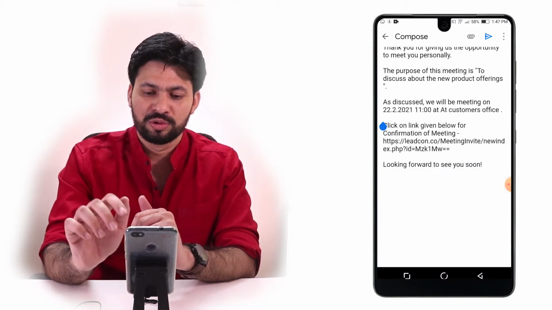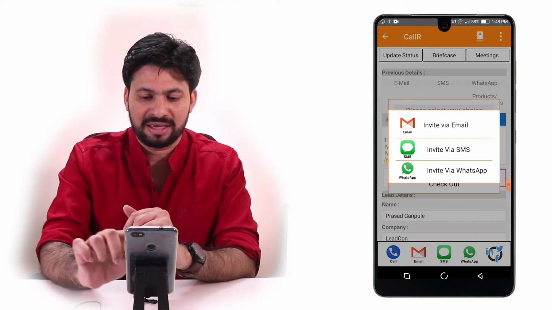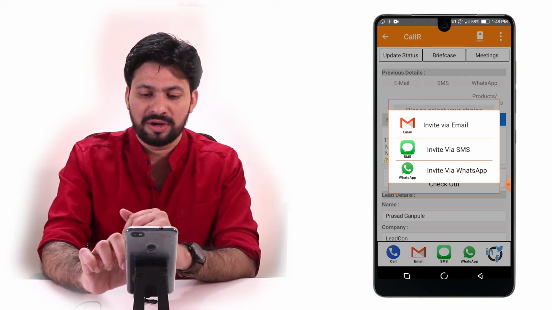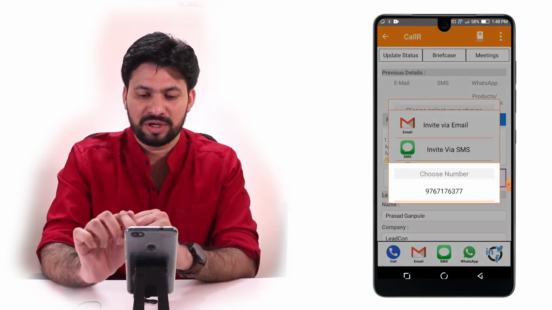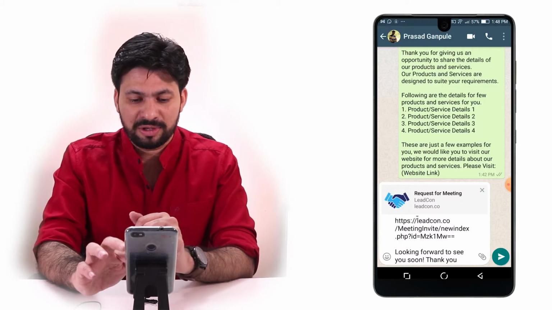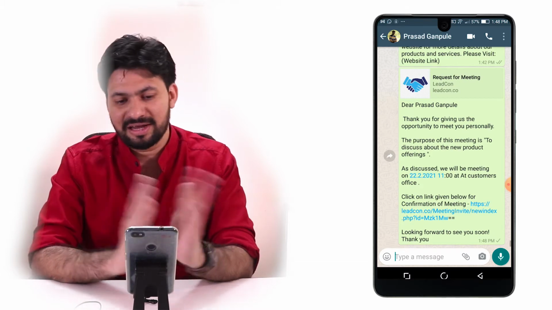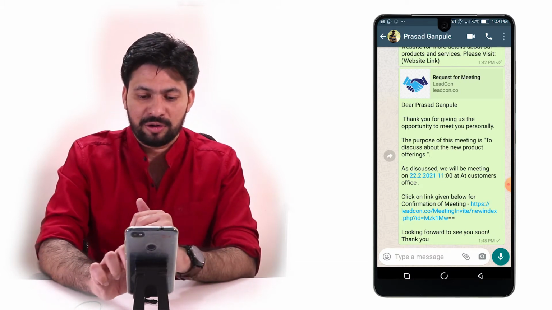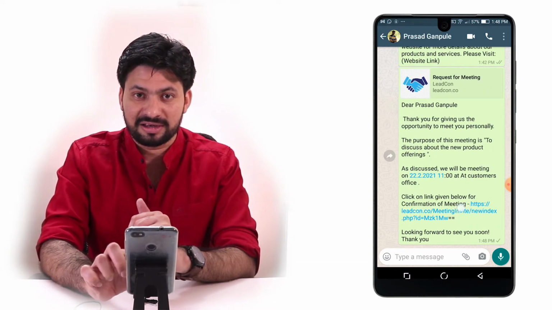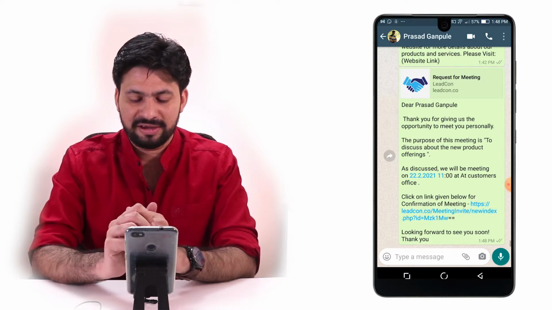So I have sent it via email. I'm also now going to send it via WhatsApp. So I choose invite via WhatsApp, and you can see the whole message is already here. I click on send and my message is in. Now here is a confirmation link. I click on the confirmation link